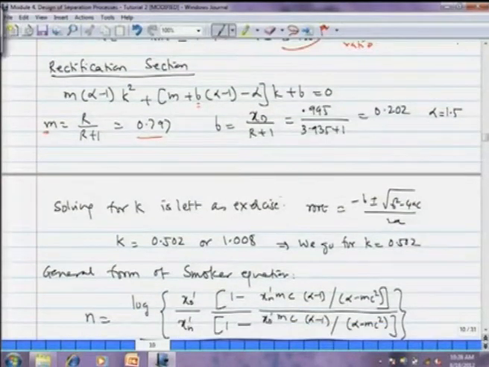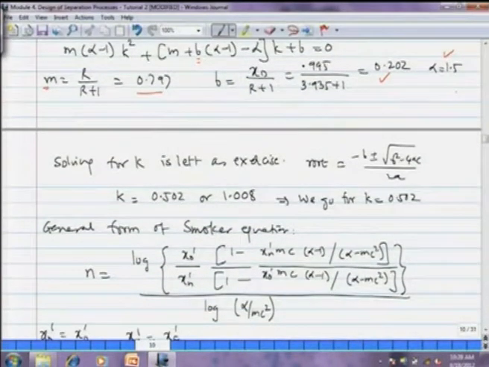So, 0.99 xd equal to 0.995, r equal to 3.935. After substituting these two values, we calculate the value of b as 0.202. We have already been given the value of alpha as 1.5. So, putting all these values here, we can solve this quadratic equation and calculate the values of k. That I leave you as an exercise.